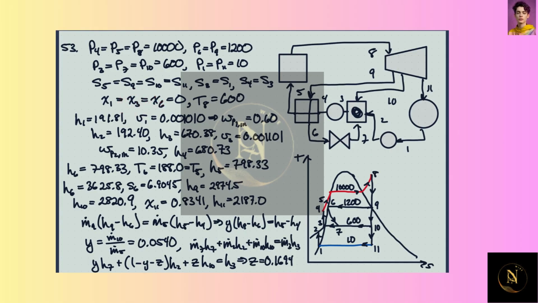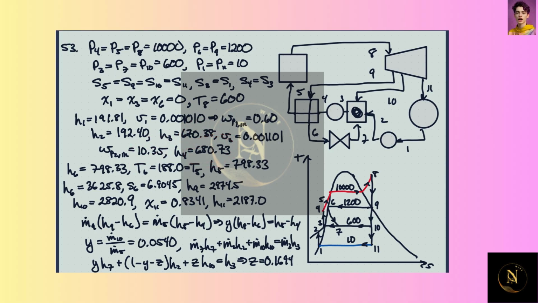So we can get the enthalpy and the specific volume at 3, and that means we can figure out the work done in going from 3 to 4 by the pump, and that's about 10.4 kilojoules per kilogram. And then we can get the enthalpy at 4, which is the enthalpy at 3 plus the work done by the